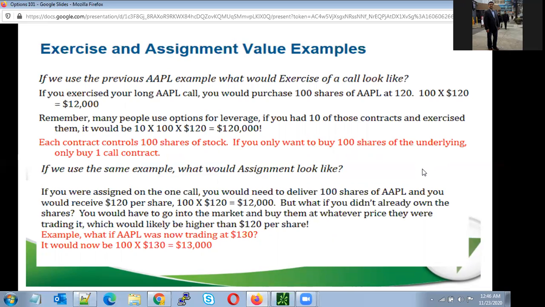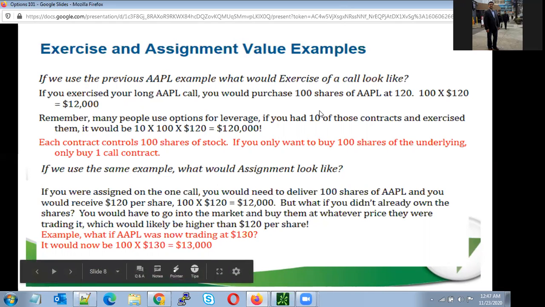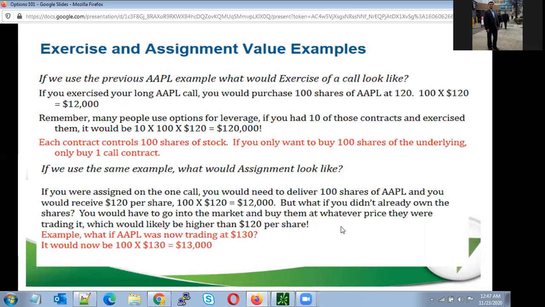If you buy 10 contracts, you need that much money to fulfill the contracts. Otherwise, your broker will charge you interest once you have to pay. So always remember one contract is 100 stocks when you are dealing with assignment and exercise,